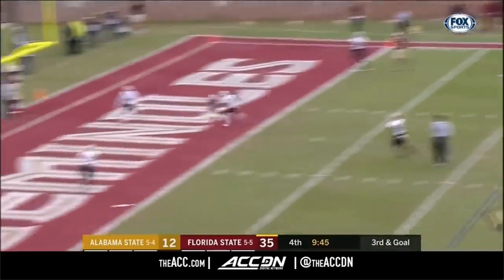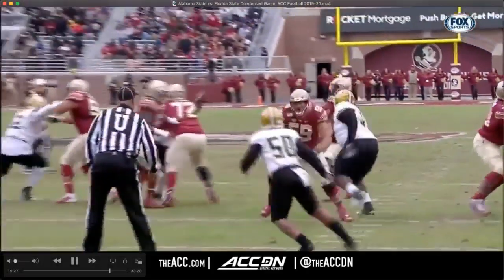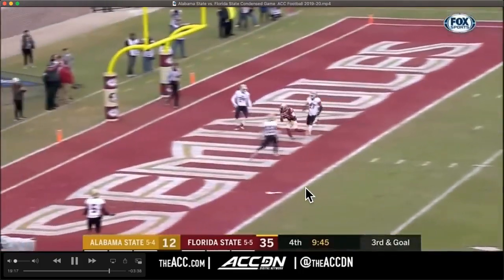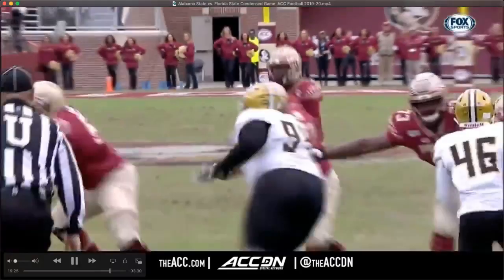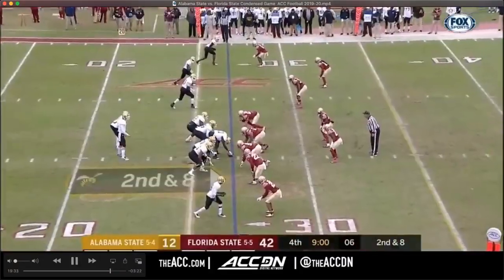So full second string except for the right tackle here. I don't know why at this point you have Ryan Robertson at right tackle. There's nothing good about having Ryan Robertson at right tackle here. You've got to get other guys some reps at this stage. And yes, I know they're not good, but